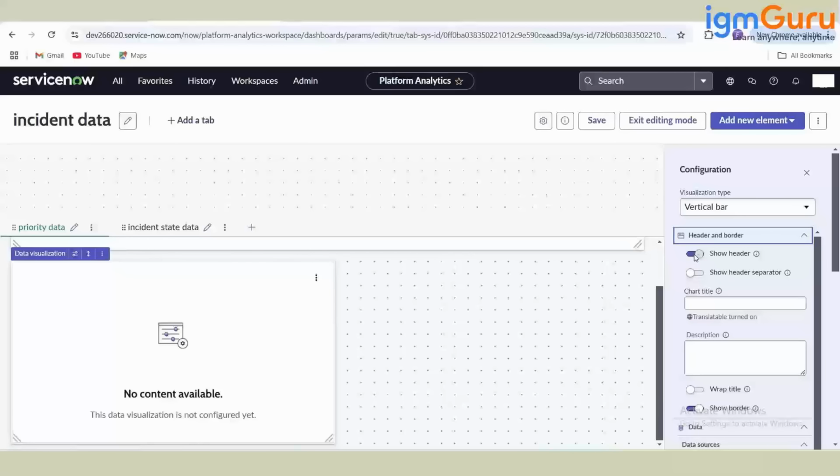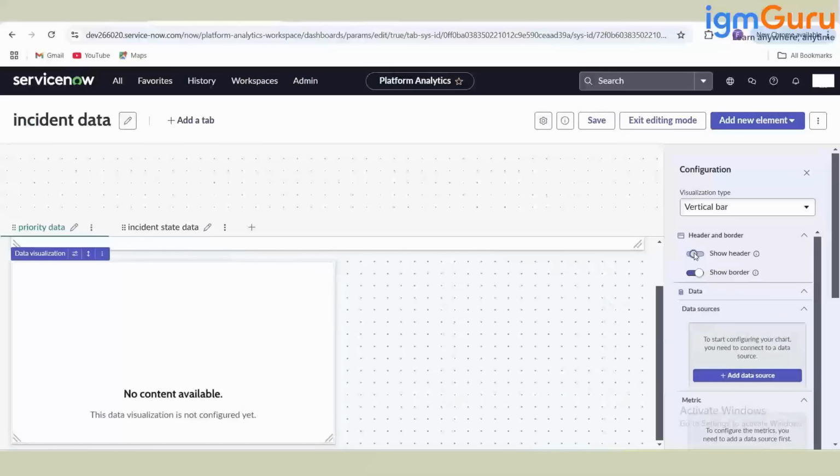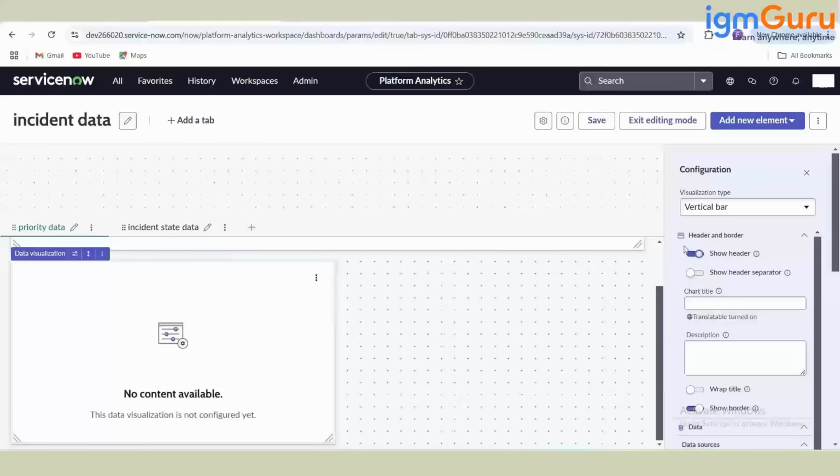See, it shows show header. If I remove it, it basically works like this. If you show header, it's going to show, otherwise it's not going to. And there is a header separator also. I like this feature because as soon as you turn this on, it shows you this line which is going to separate your data from the header. Okay, chart title,